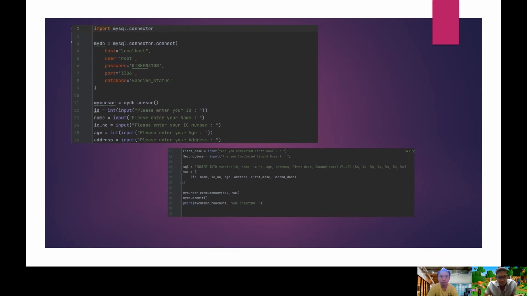please enter your ID, please enter your name, please enter your IC number, please enter your age, and please enter your address. This will show up in the output and will ask you to enter your ID and so on. It also has the input: did you complete your first dose and did you complete your second dose? Okay, for the next is the insert into vaccine, which is your name, ID, IC number, age, address, first dose and second dose. This is the coding that will allow you to enter or insert your data into the completed